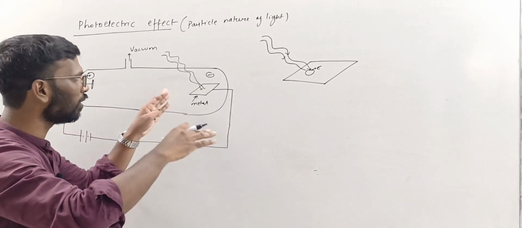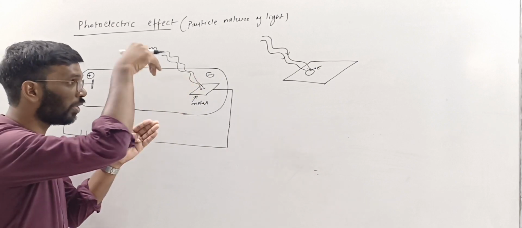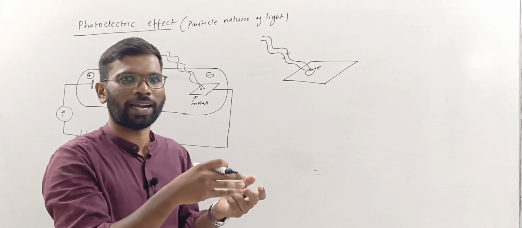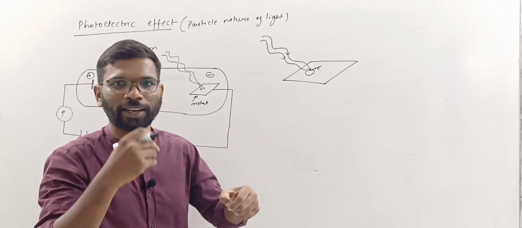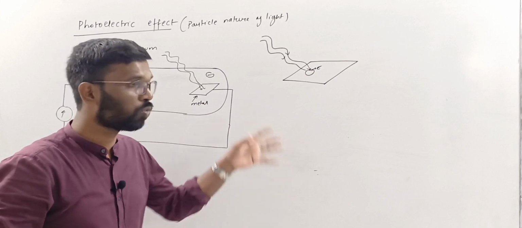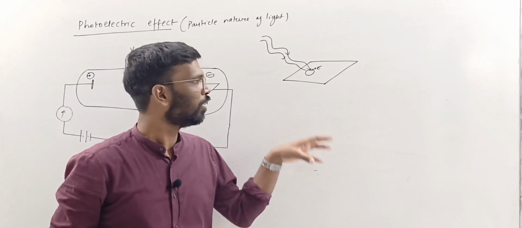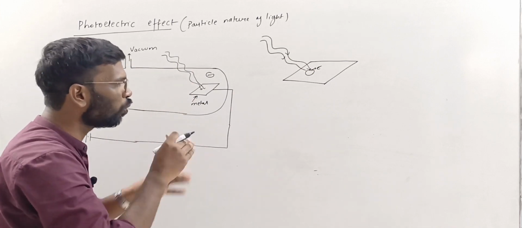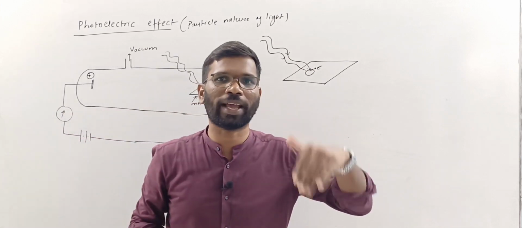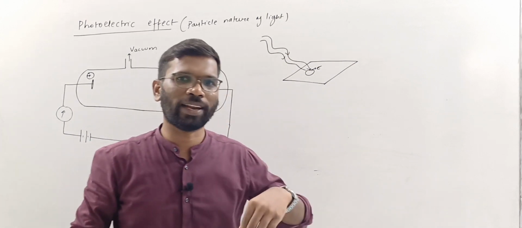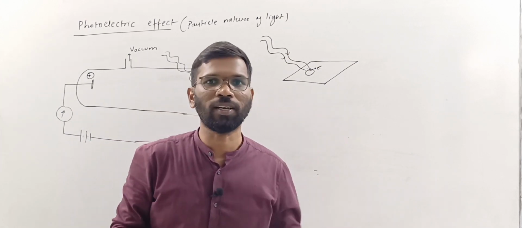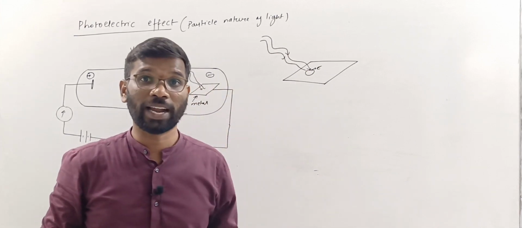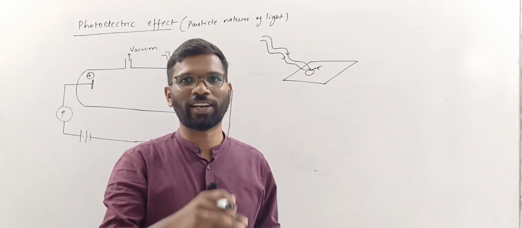What is observed is that by irradiating a metal surface with light of certain frequencies, the ejection of the electron from the metal surface can be done, right? So the electron is ejected after irradiating this metal surface. You require a certain minimum amount of energy to remove the electron from the atom, because the electron is under the influence of the nucleus, since the electron is attracted by the positively charged nucleus. So that minimum energy is required, right?